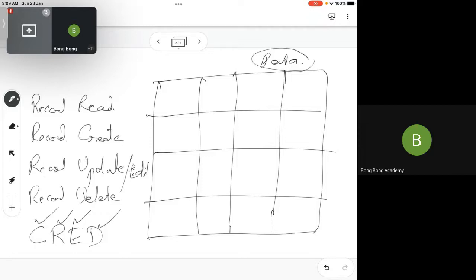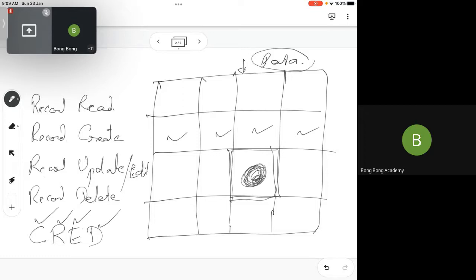What do you mean by create a row? You have to fill data in all the cells, or at least the most important mandatory cells. Then update: if you change the value of one cell, just one box, one column value of a row.